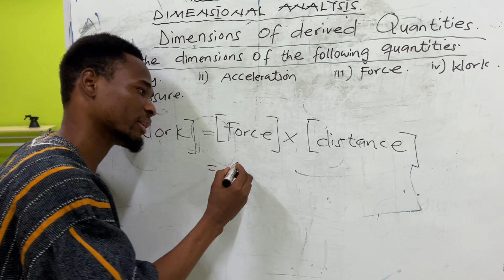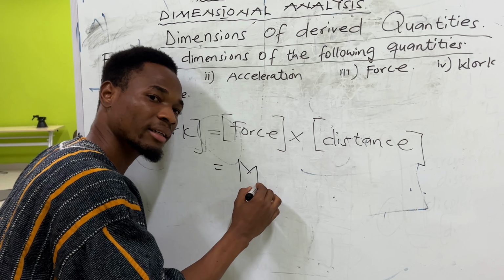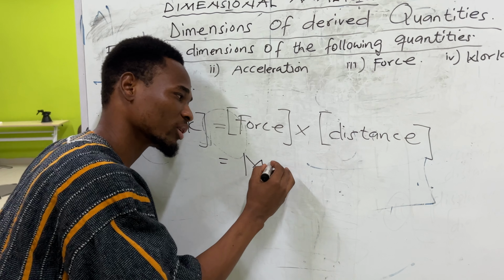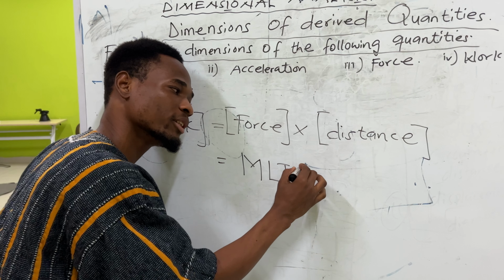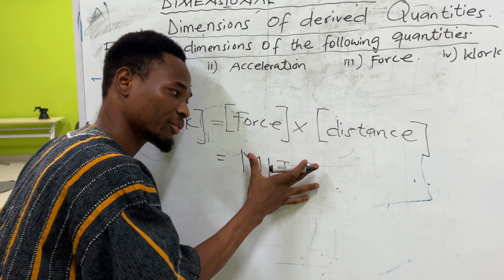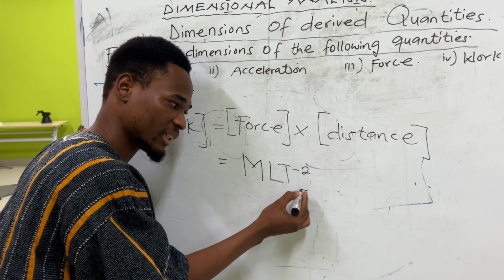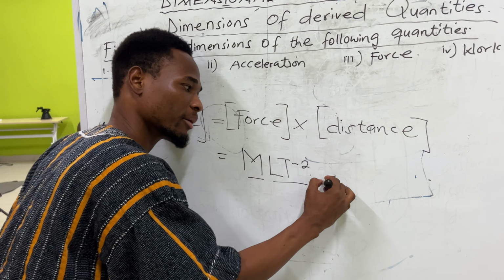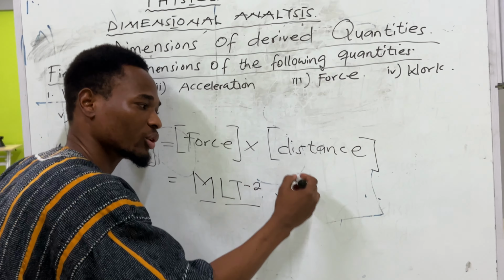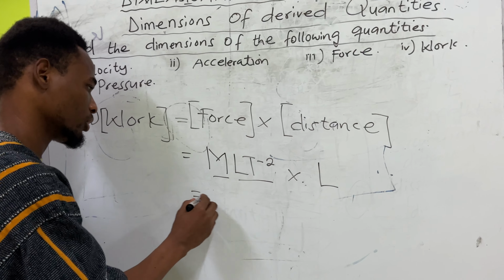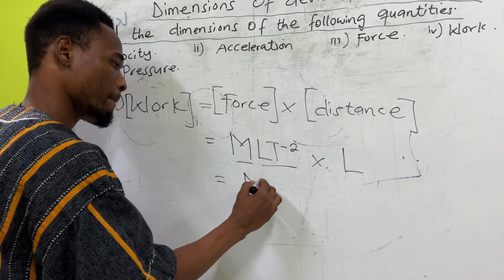You know that force is mass times acceleration. Acceleration is what? LT to the power negative 2. This is for force, mass times acceleration. Times distance, which is separation, which is L. So it will be M